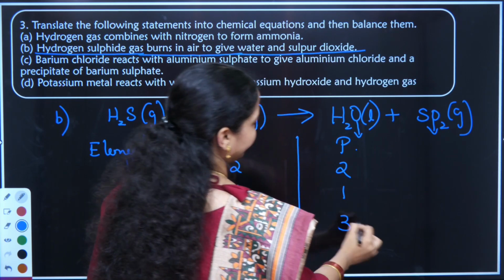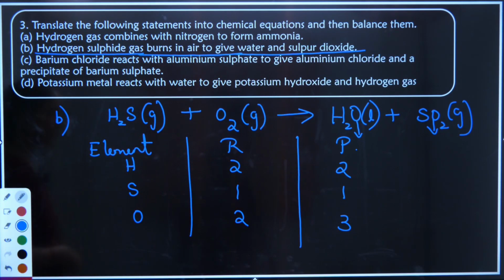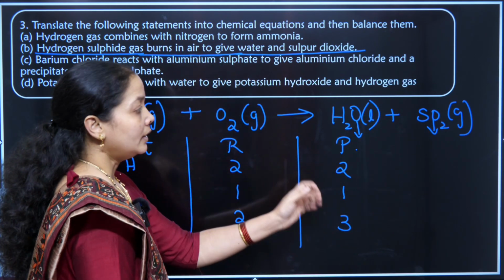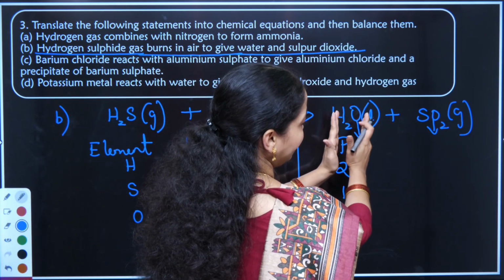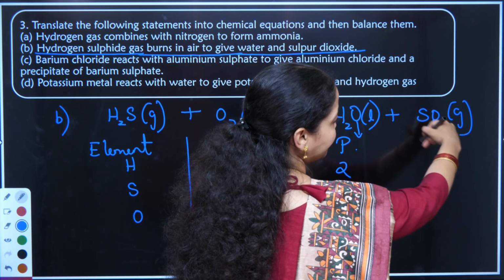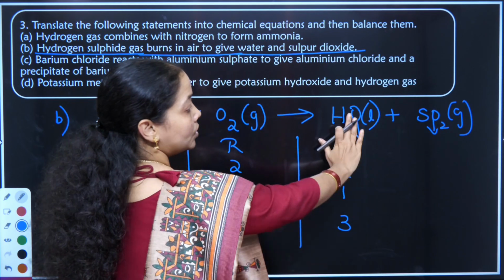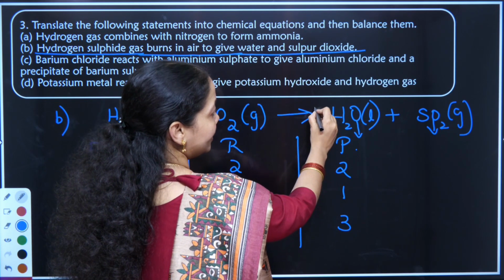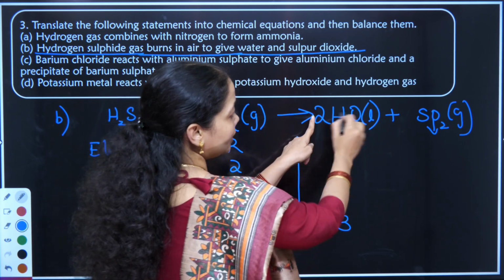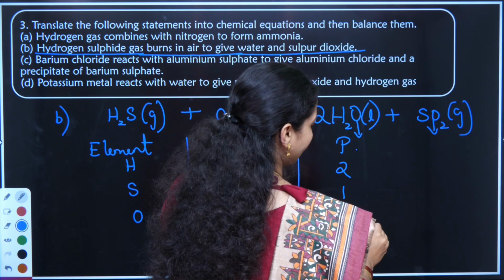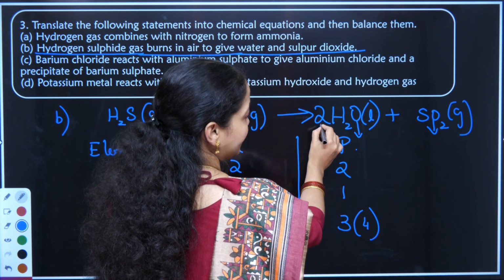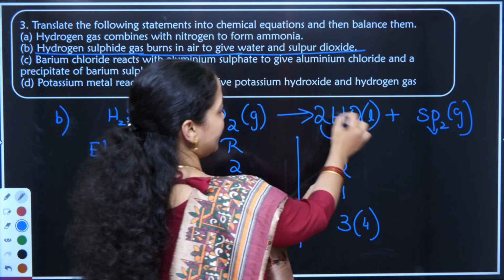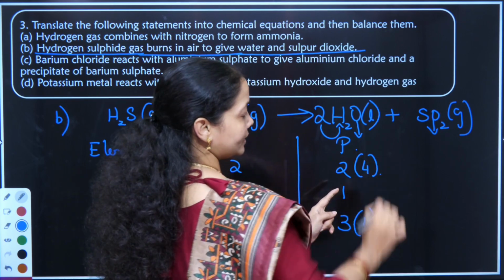adds up to 3. Now in my previous video of balancing, I have taught you when odd number of things are there, how to just go ahead with it. So here I have oxygen 1, oxygen 2. So I will just leave oxygen which is an even number, go to the oxygen which is an odd number. So I'll make this the next even number. So I'll multiply here with 2. So 2 oxygen and 2 oxygen, the count of oxygen is turning 4. This 2 placed in front of water is changing the count of hydrogen as well. Hydrogen is changing as 2 2s are 4 in my product side.